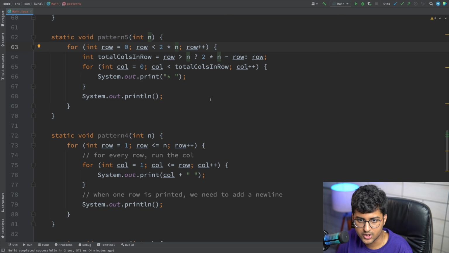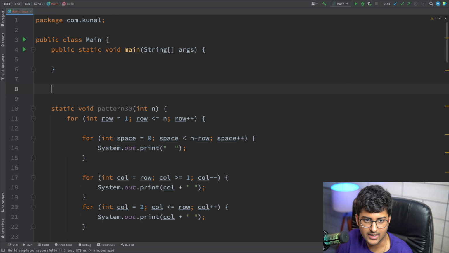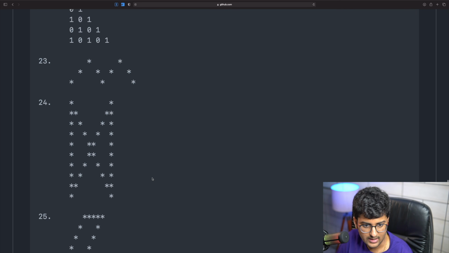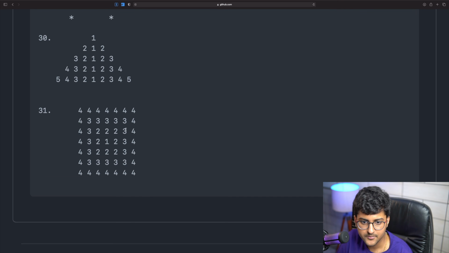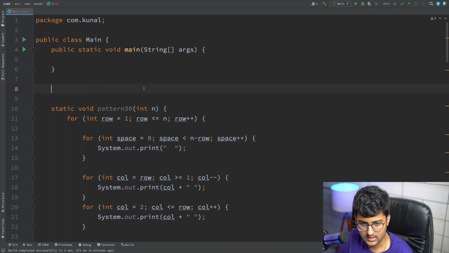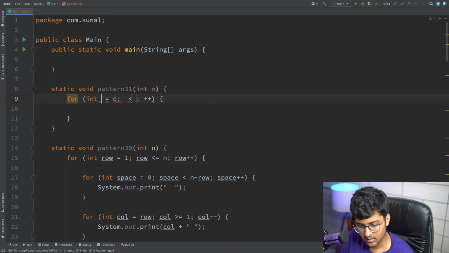So let's do this question. In this question, if we follow our approach only, we can say the total number of lines are, if here n is 4, then 2n minus 1. So I can say static void pattern 31, int n. 2n minus 1.